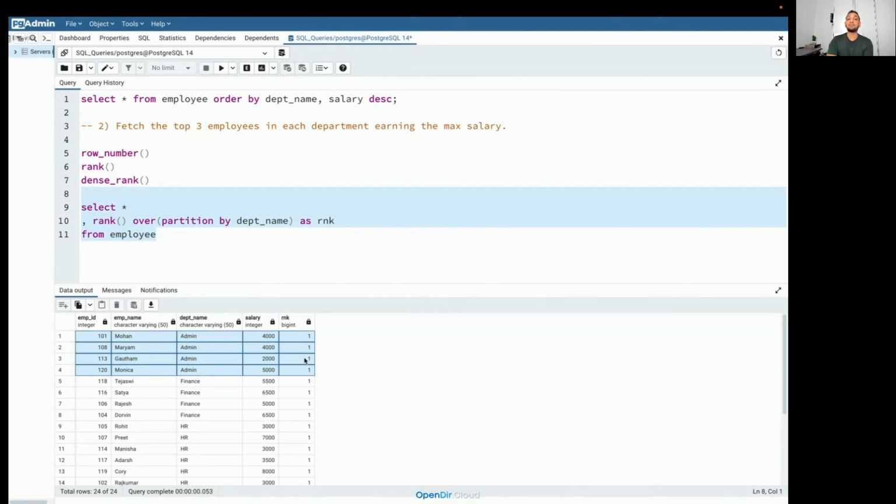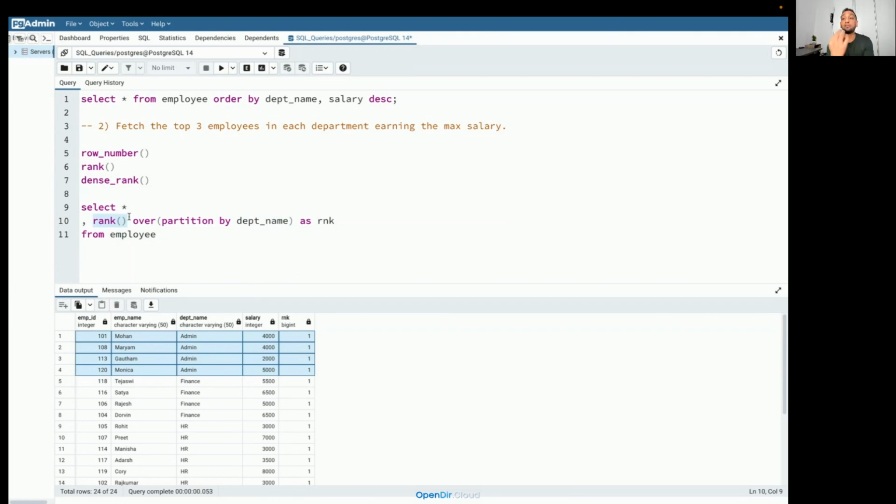Still my rank is not working properly here, because for every record it's still giving the same rank. I need to tell SQL on which column the ranking needs to happen, right? Currently partition is just creating windows. Rank is ready to apply the rank, but it needs to know on which column the ranking should happen. When you get a rank in your school, the ranking is based on your marks, right? Whoever has scored 100 gets rank 1, 99 gets rank 2, and so on.